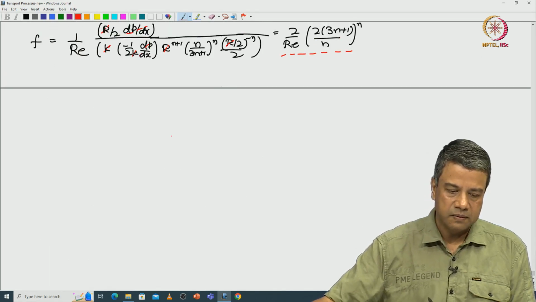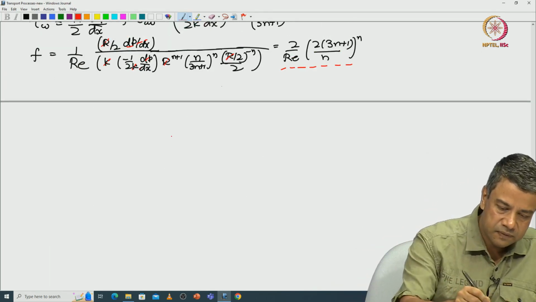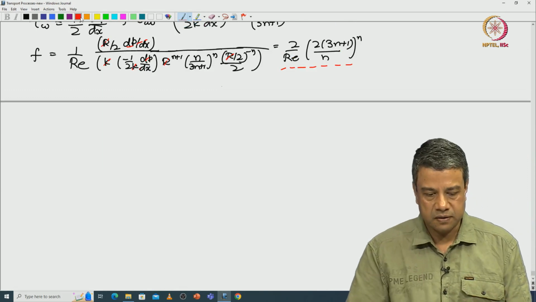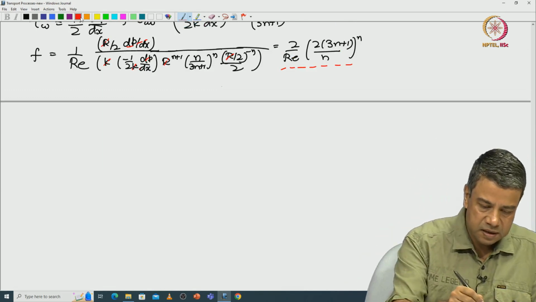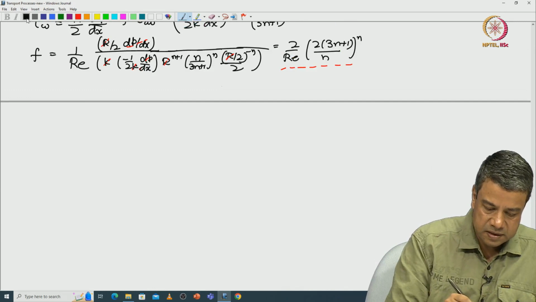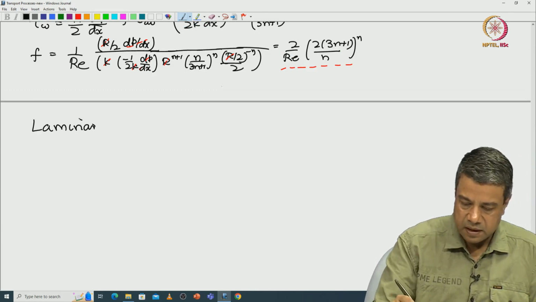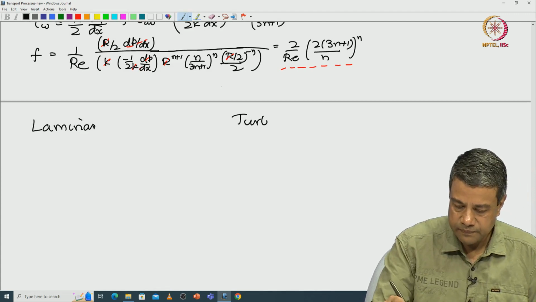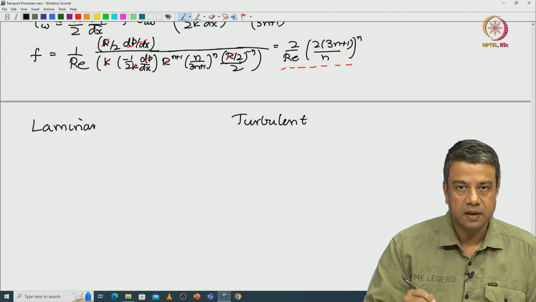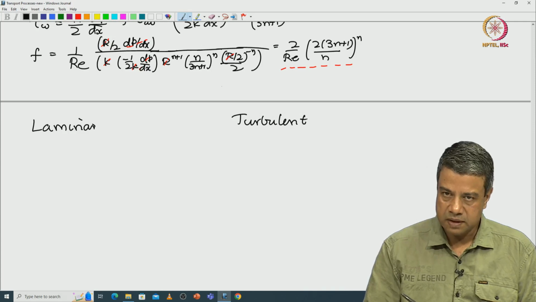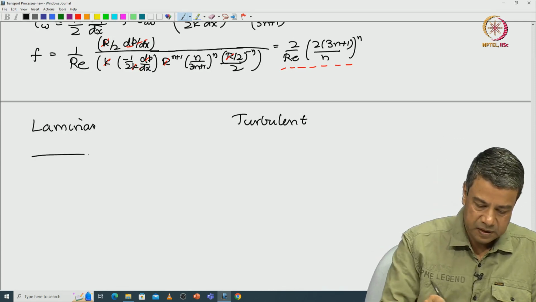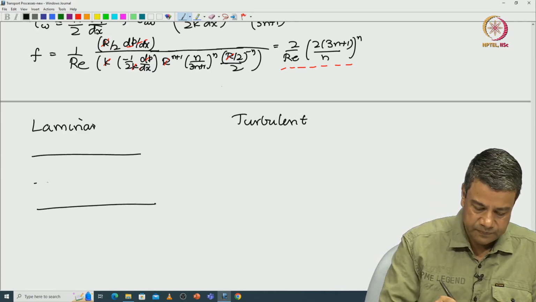If you recall, when we had our discussion of the flow in a pipe, the friction factor correlations, I had said that the flow is of two kinds. One is a laminar flow and the other is a turbulent flow. The characteristics of these two are very different. For a laminar flow,